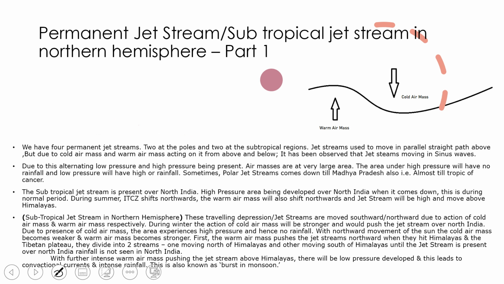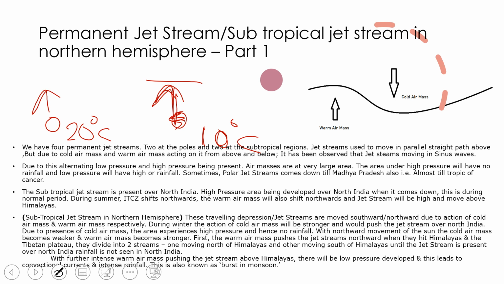Understand this thing. Suppose there is a water droplet heated from 20° Celsius, okay, and there is another water droplet heated at 10° Celsius. Both will rise above and water vapor will form, but the droplet at 10° Celsius will cool down at less height because it is at a lower temperature. It will come to 0° Celsius or 1° Celsius in very little height. So the height for this one will be less, and the height for attaining cooling for the 20° Celsius water droplet will be higher as compared with that one. So that's why warmer air will cool down at a much greater height, okay,